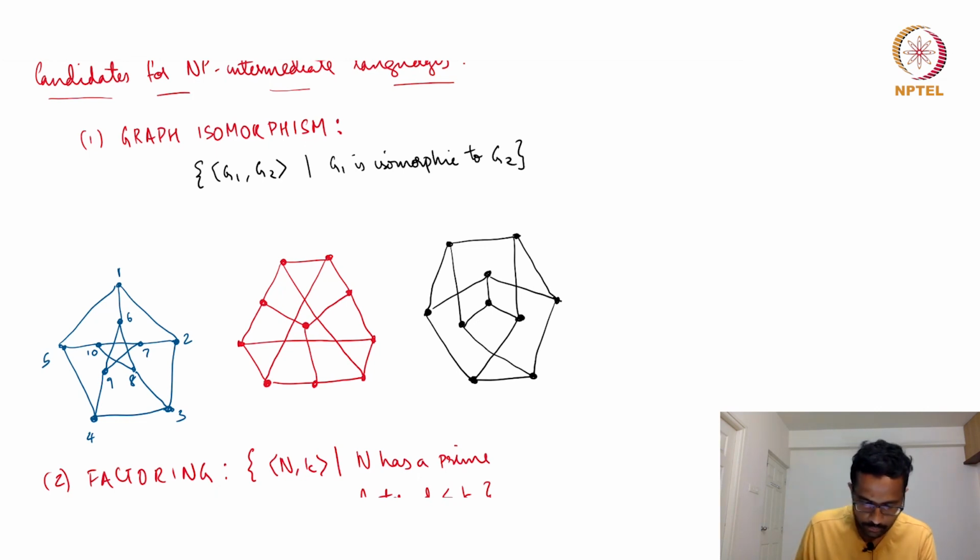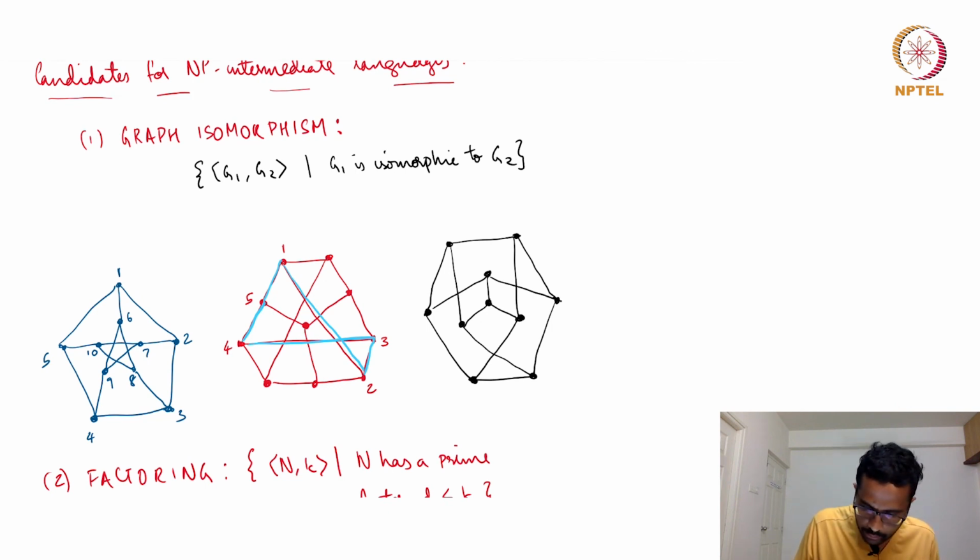So let us see. 1, 2, 3, 4, 5 form a 5 cycle. So here we have to find a 5 cycle. So maybe why not this? The claim is that, let's say, 1, 2, 3, 4, 5 form a 5 cycle, because let me try to outline. Right, these form a 5 cycle, and the remaining vertices also form a 5 cycle. But then I have to be careful because